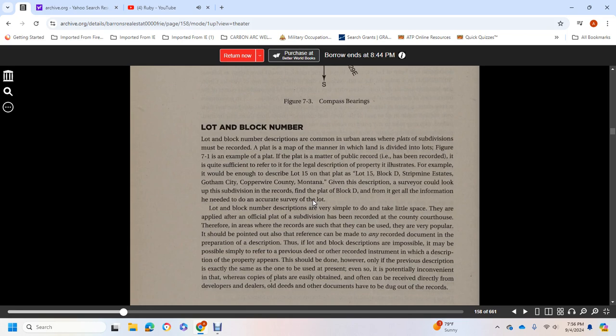Lot and block number descriptions are very simple to do and take little space. They are applied in an official plat. The subdivision has been recorded in the county courthouse. Therefore, the records are such that they can be used in any area. They are very popular. It should be pointed out